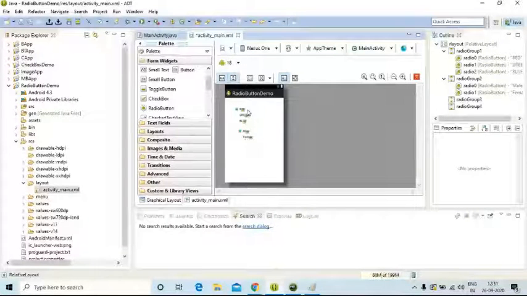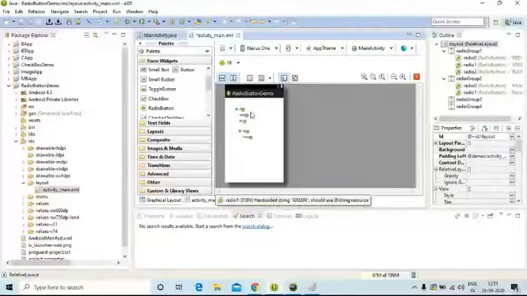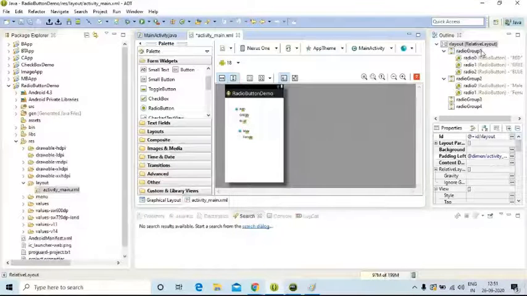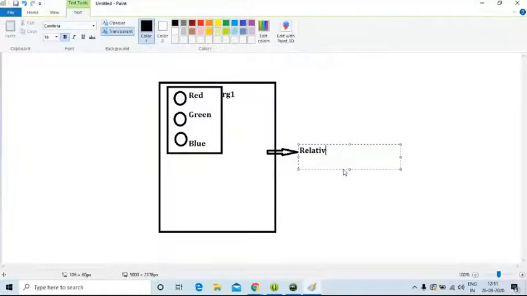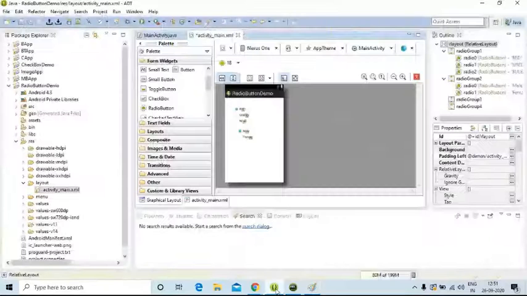I have taken radio group 1. In this radio group 1, just see the properties there. This is radio group 1, given as RG1. In this you can see the outline here. This entire white color screen, we call it R layout. R layout means relative layout. This entire thing we call a relative layout. This relative layout by default is given the reference name R layout. Can anybody say what is the relative layout ID here? Please, dear, kindly give the response. What is the relative layout name?